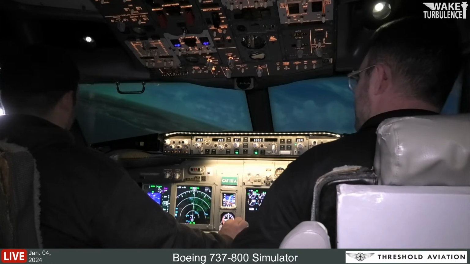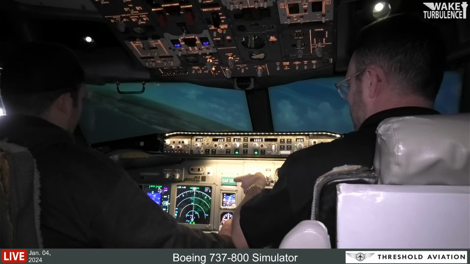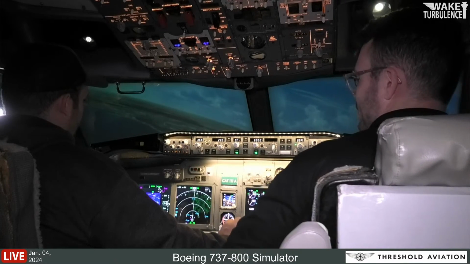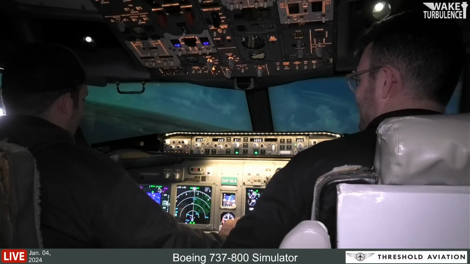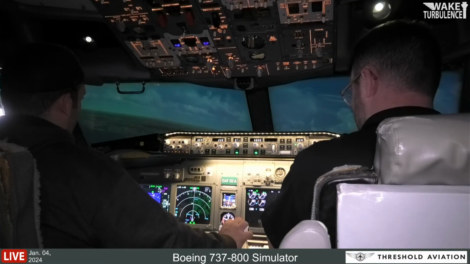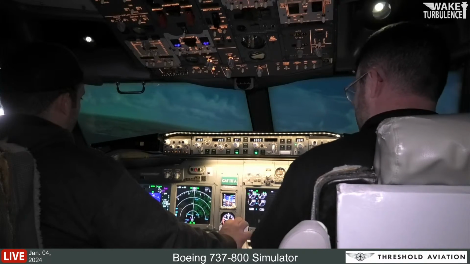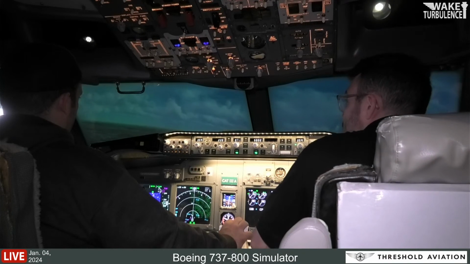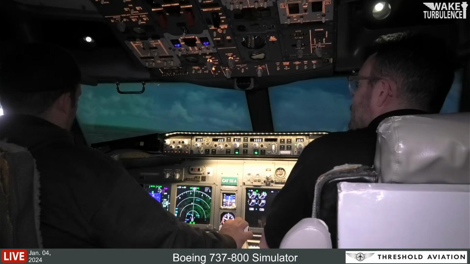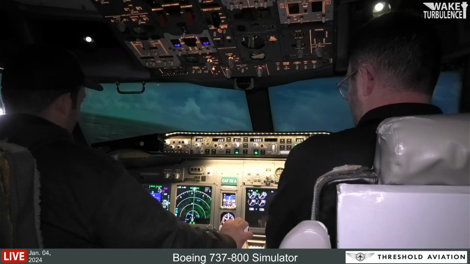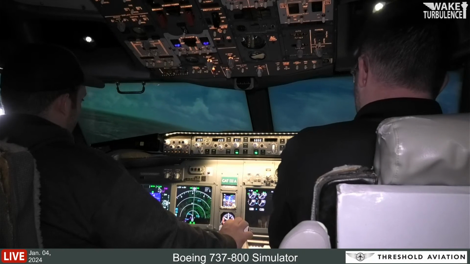Still turning. And Ottawa's, the airport's at 10 o'clock. Yep, 9:30. We only do halves here. Now, if we're landing on 07, we keep going this way a little bit.